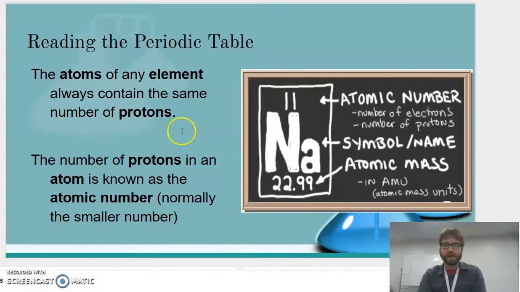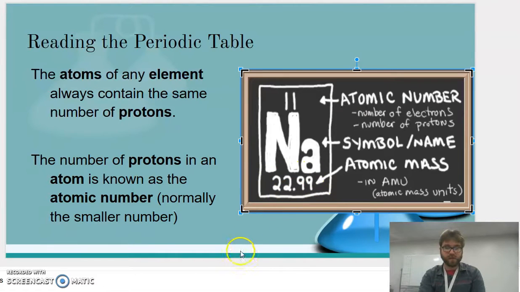All right, looking a little closer at the periodic table, we need to know how to read this square here. The Na is a symbol for the name. The number on top, the 11, is the atomic number. It tells us the number of protons. And if the atom is neutral, it tells us the number of electrons. Now the number on the bottom is called the atomic mass, or the mass number. This is equal to